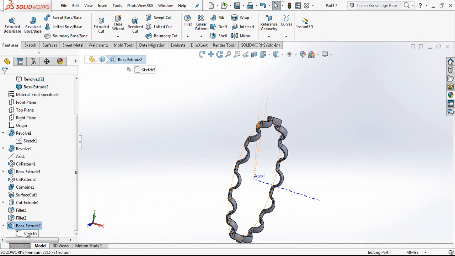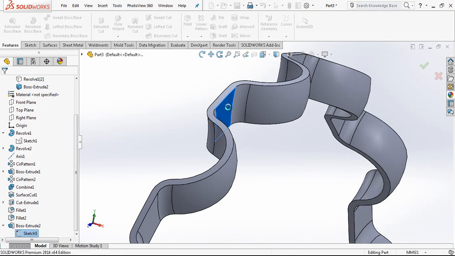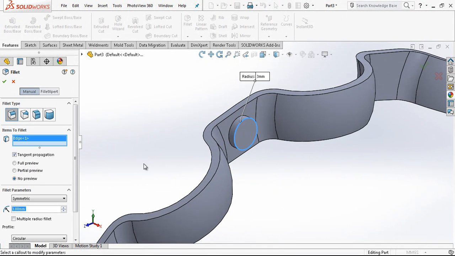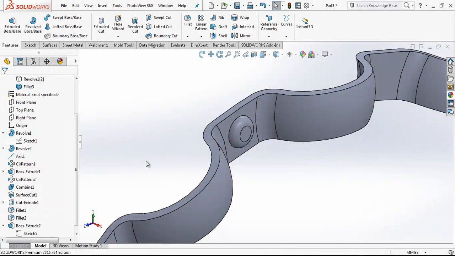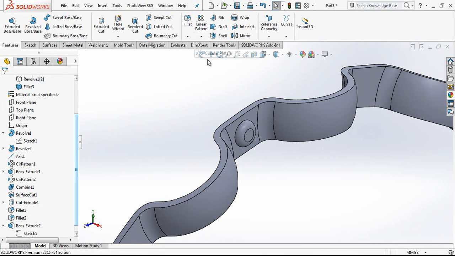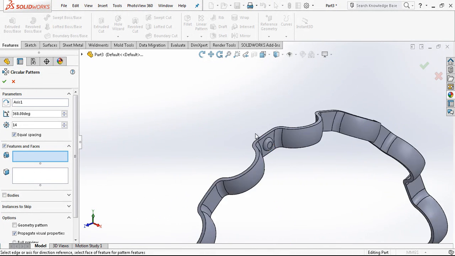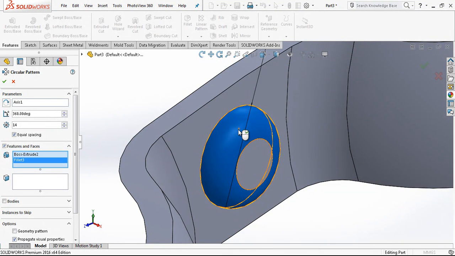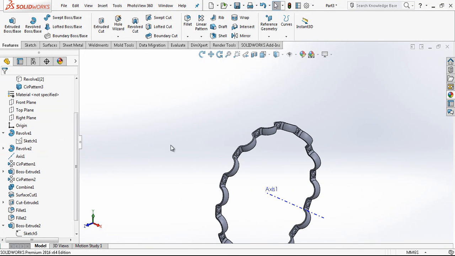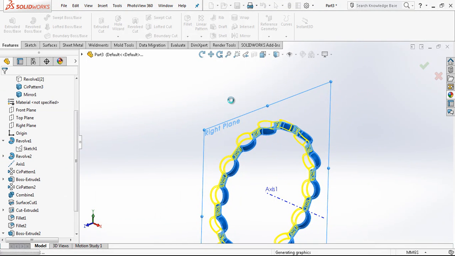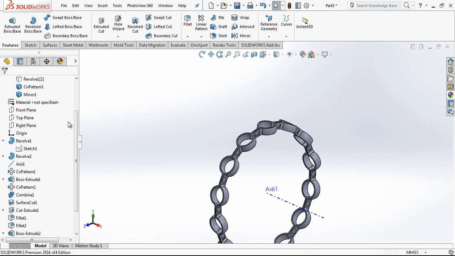I think we should change our sketch plane. Yes, exactly, 1 millimeter part here, and we have here 1 radius. After this operation, we are just going to make a circular pattern, axis here, our features are this and this, and 14 was already there, and we have it now, and the body is going to be mirrored,